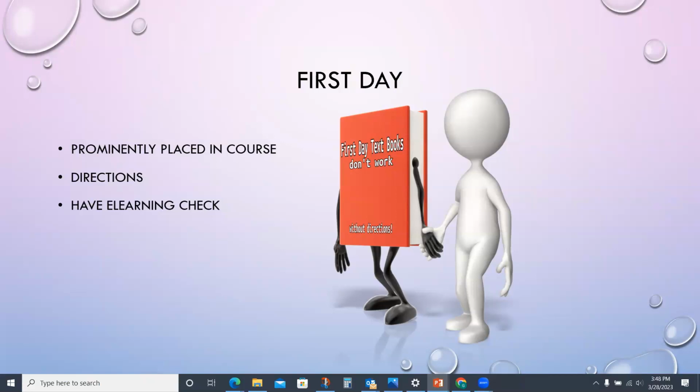So if you ever have a book that you want us to check and make sure that you've paired it correctly or that it's working, we can always even go in as a student and make sure that everything is working on the student side as well. So we're always happy if you want to have us check it before the start of the semester. We can always go in and just make sure that everything is working okay.